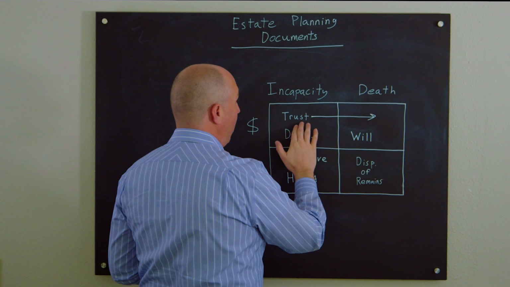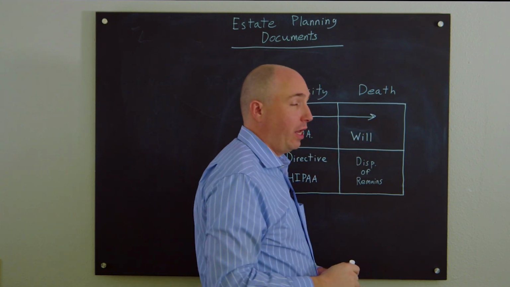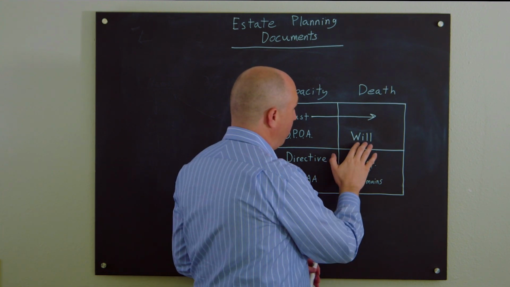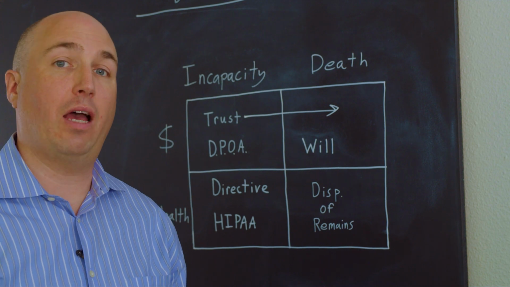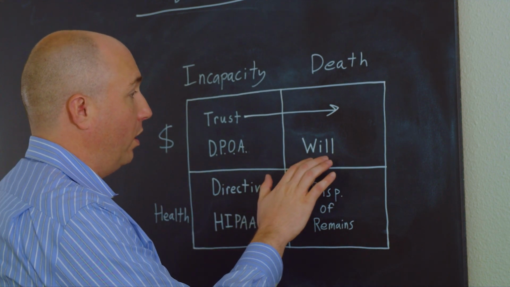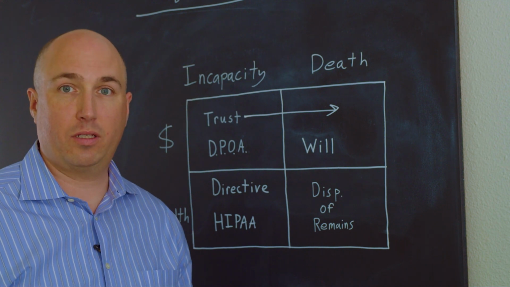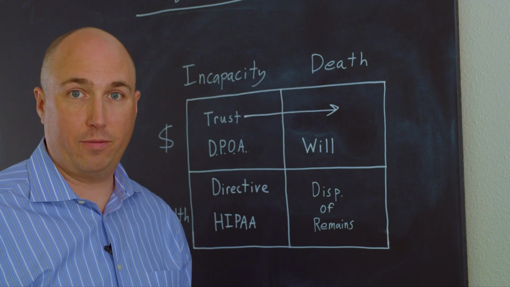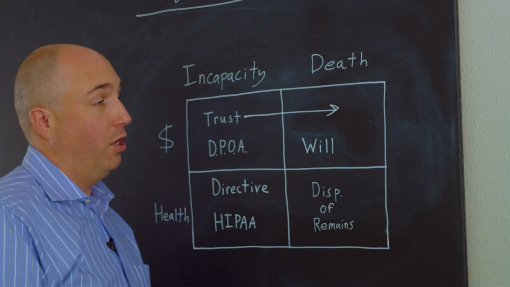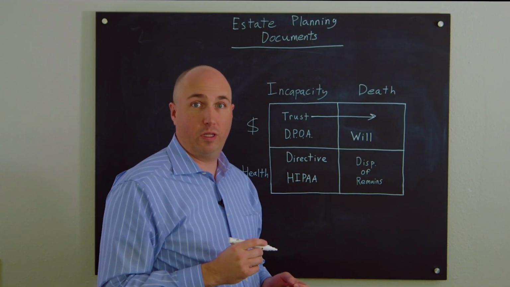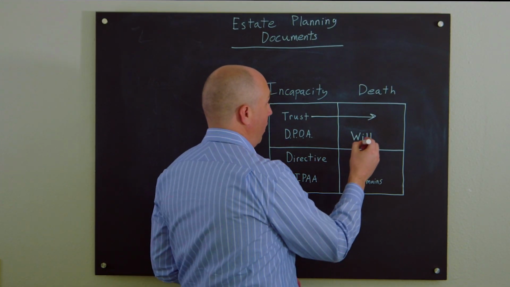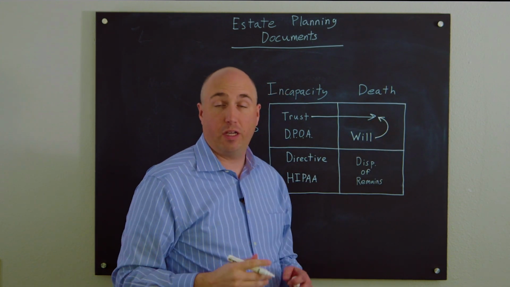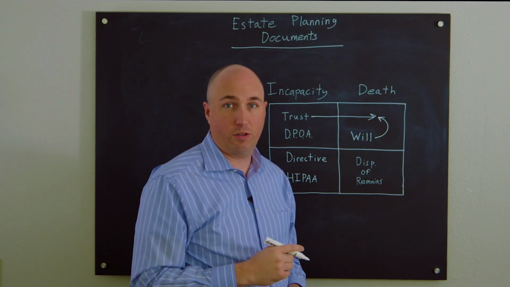At death, anything owned by a trust that you've created will pass in accordance with the terms of the trust. You always want to have a will in place, even if you have a trust in place. A will is a formal legal document that says where you want assets owned in your own name to go at your death. If you have a trust plan in place, your will is going to be a very simple will called a pour-over will. And we call it a pour-over will because it just names the trust as beneficiary. In other words, it pours over the assets to the trust.